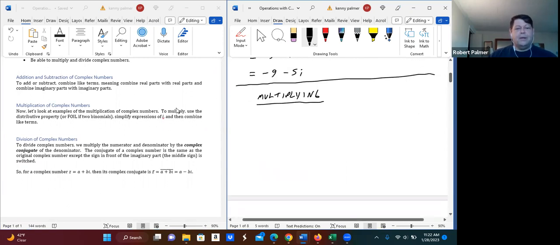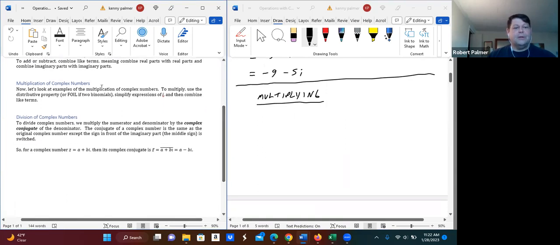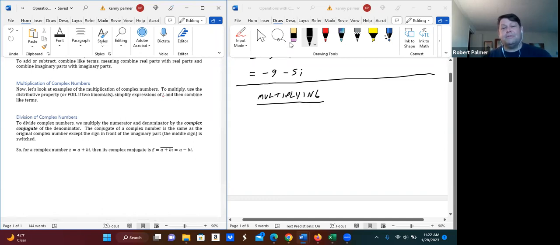Let's go over here. So to multiply, as this says, to multiply, we use either the distributive property or FOIL. If we have two binomials, FOIL is an option. And then once we have simplified expressions of i, we combine like terms. So it still involves some things we just learned. Let's look at our first example to kind of explain better how this works. So number 1,